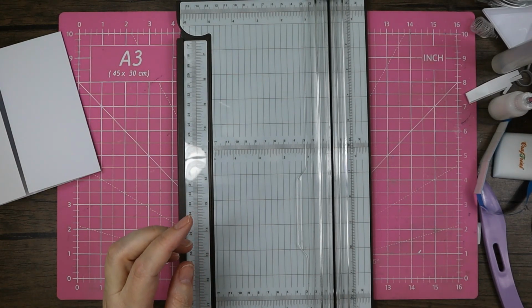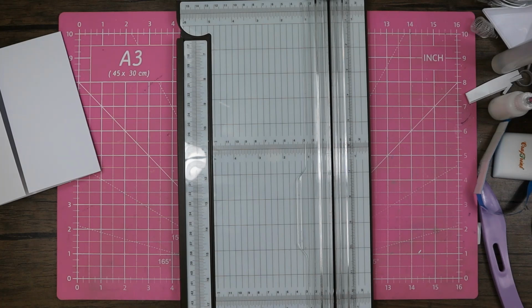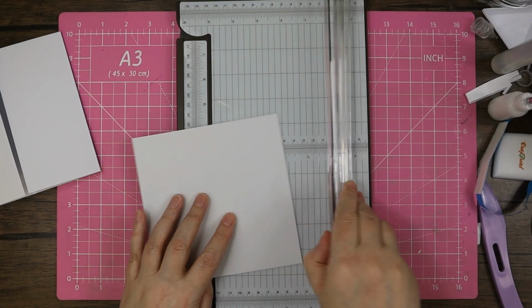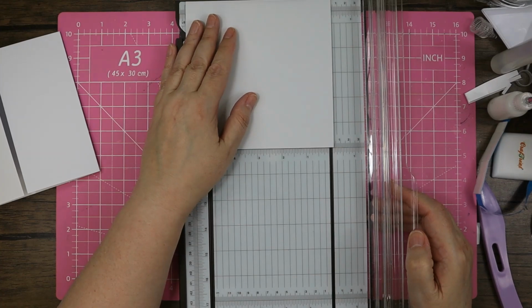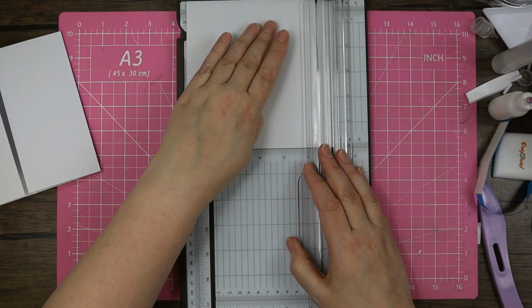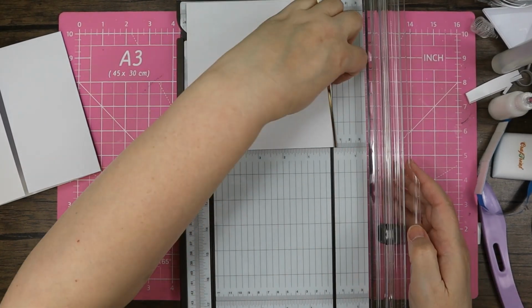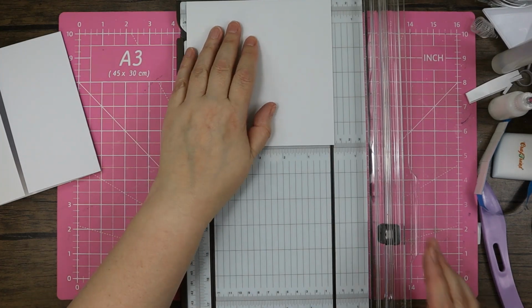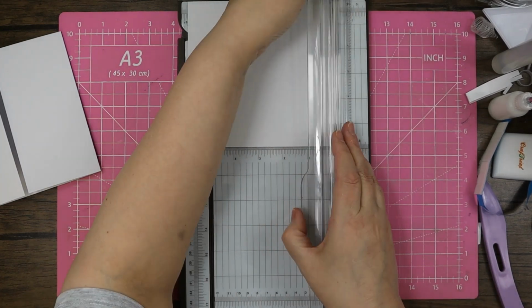Again, I'm going to need 2 pieces of gold mirror card because I need to decorate the inside, which I'm going to do with the insert again like I did on the last card. So I'm going to take this at 2 notches under the 6 and 2 notches under the 6,